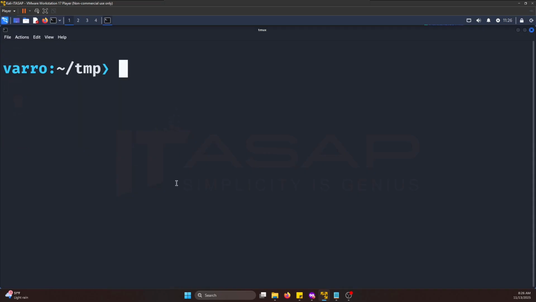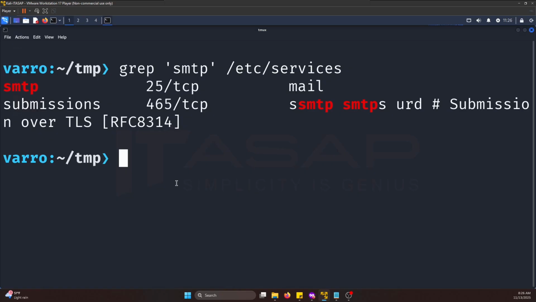Now how about a practical use of this? Let's say I want to see what port the SMTP protocol uses by referencing the /etc/services file. So we'll say grep smtp /etc/services. Okay, that's great. I see the match here, but I also see a little bit extra here that I don't need to see. And it looks like there's a letter here on the front side